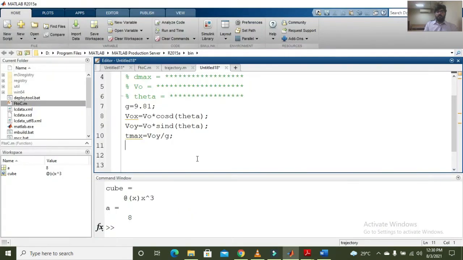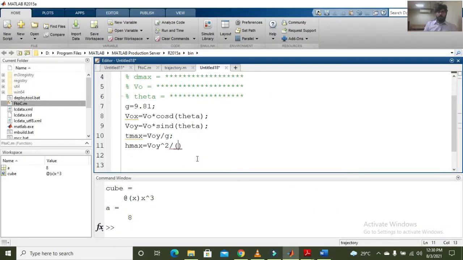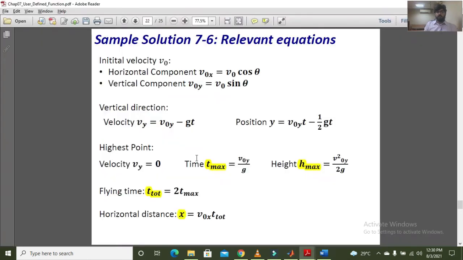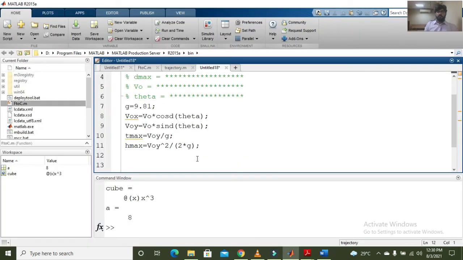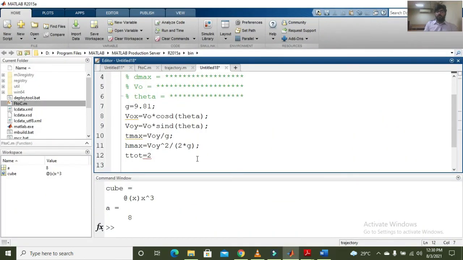Then h max is v naught y squared divided by 2 times g. Then T total, which is twice of T max.